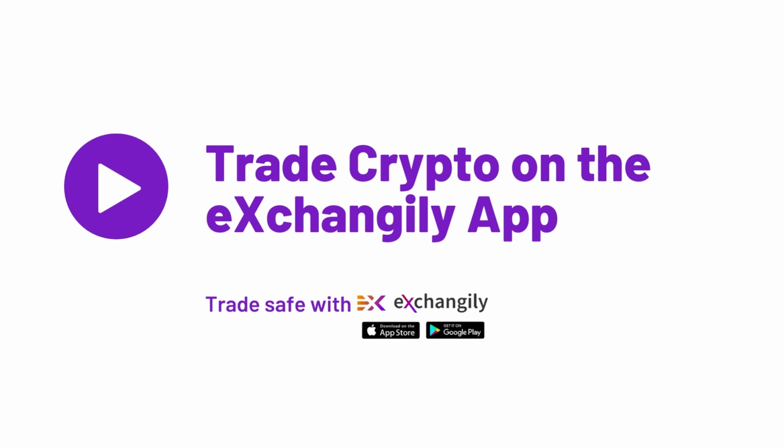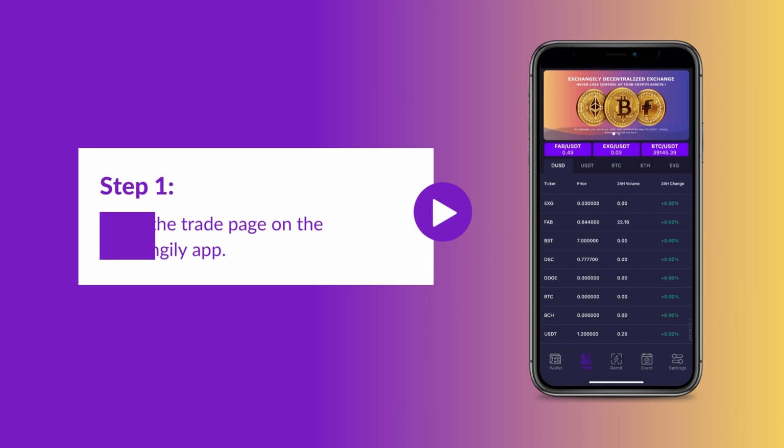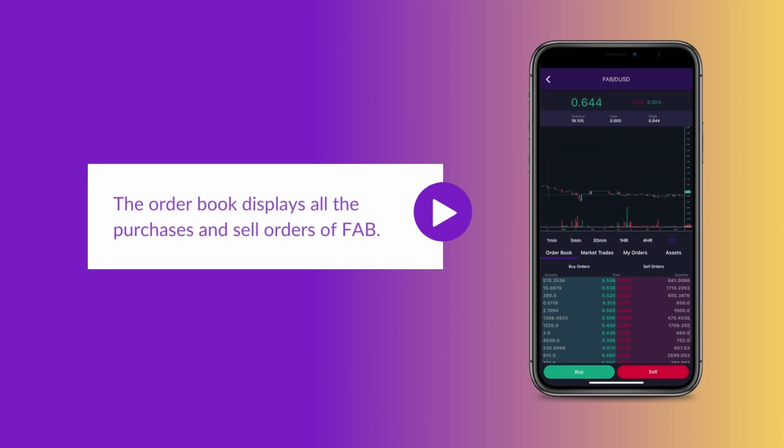Trading fab on the eXchangily app is fast and simple. You can find all of the trading pairs on the trade page. Selecting the fab trading pair will take you to the order book for FabCoin. The order book displays all of the purchase and sell orders listed at the time and is where you can